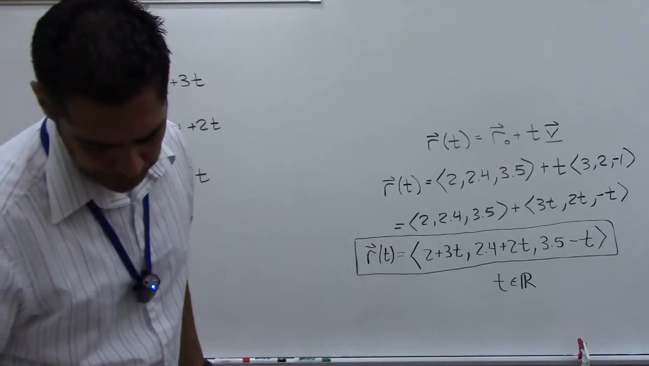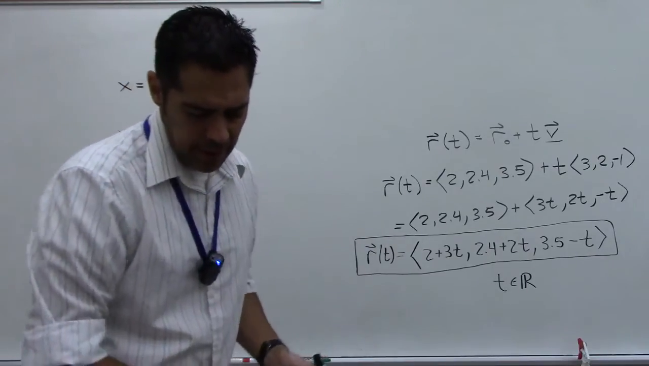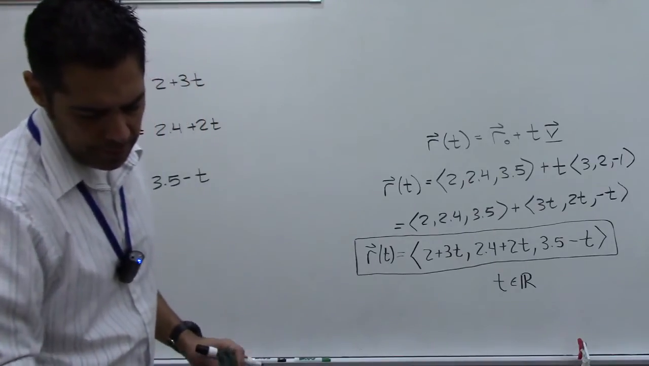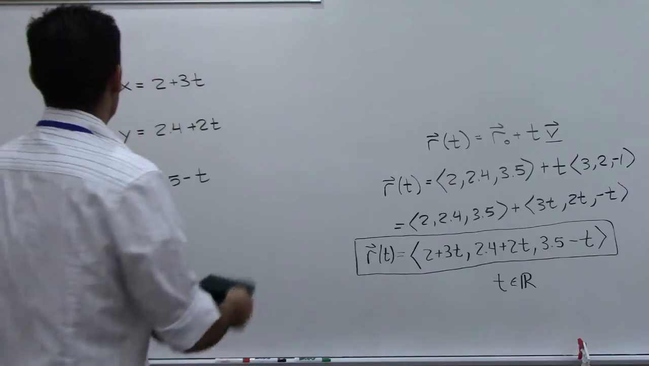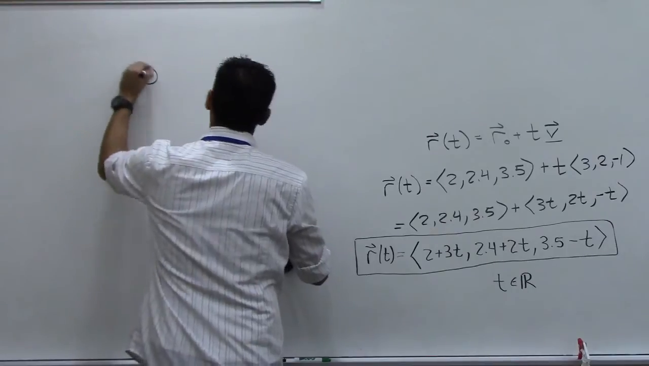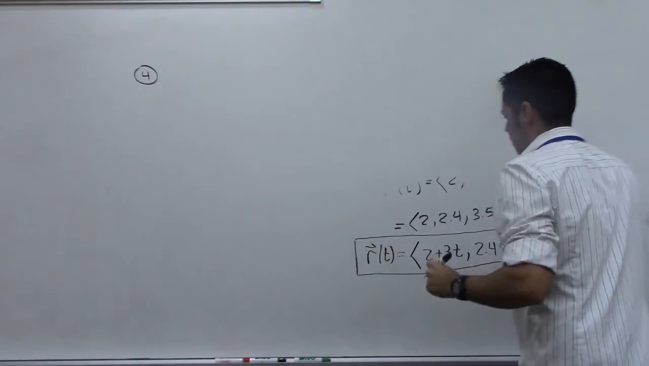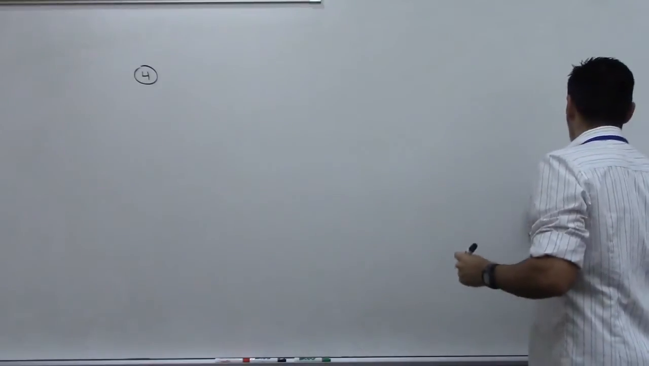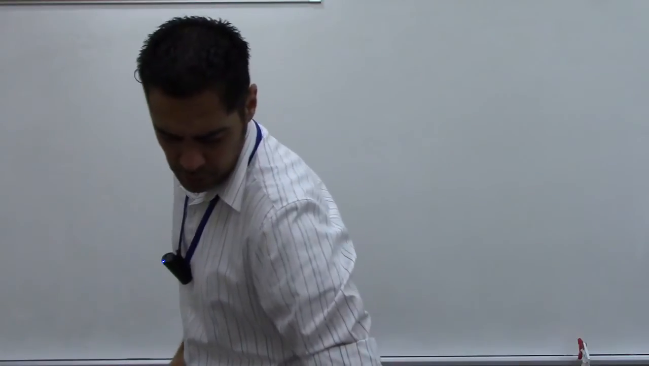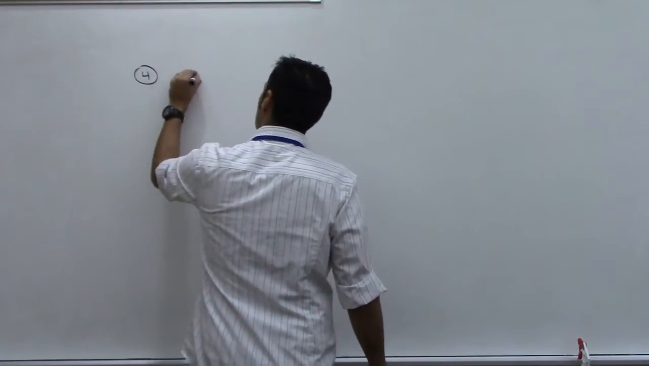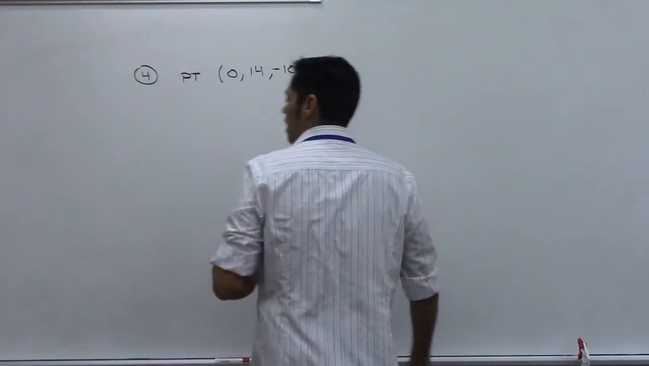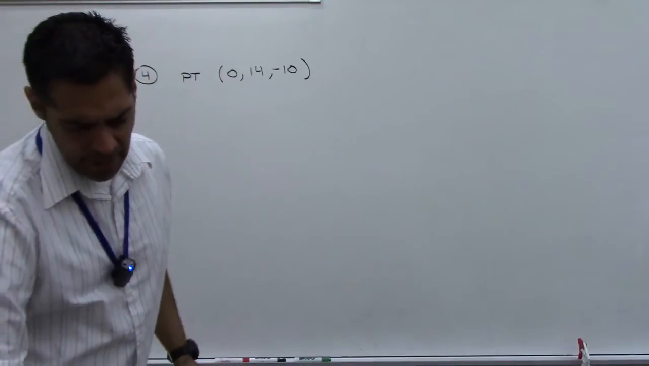Let's look at number 4. Want to find again the vector equation and parametric equations for the line through a point. Find the vector equation of the line through a point. So they give you a point again, that's good. The point that they give you is the point 0, 14, negative 10. And then they say it's parallel